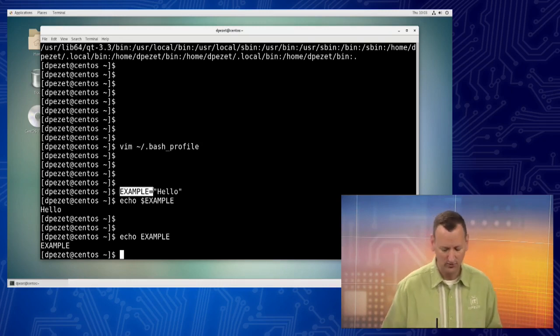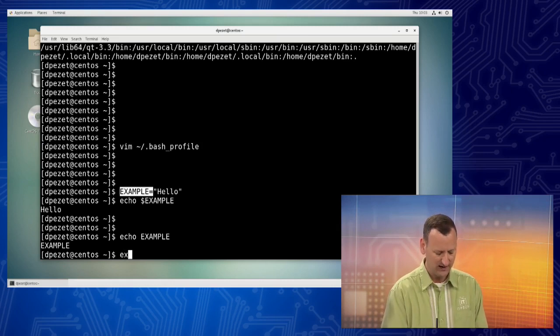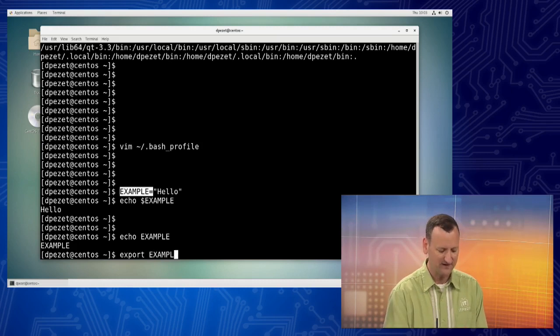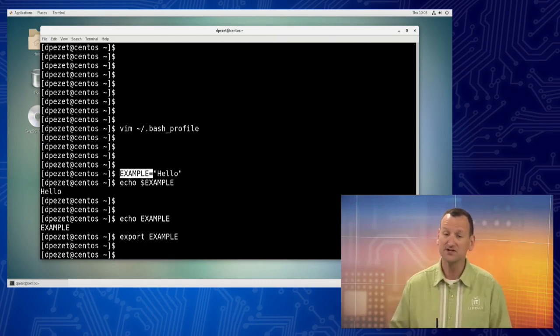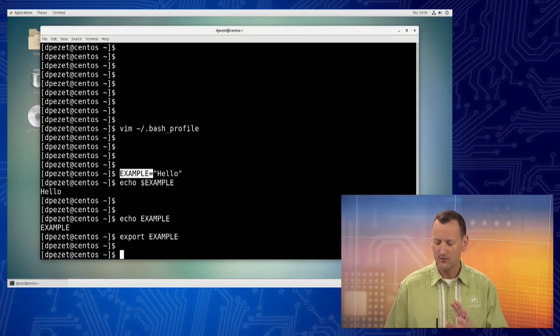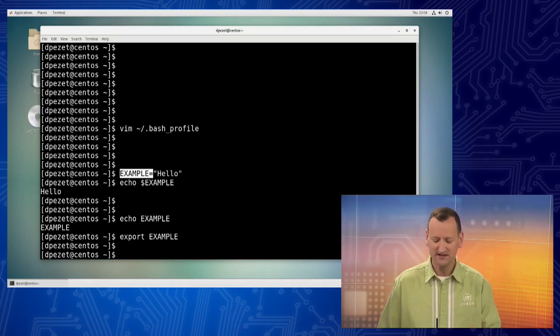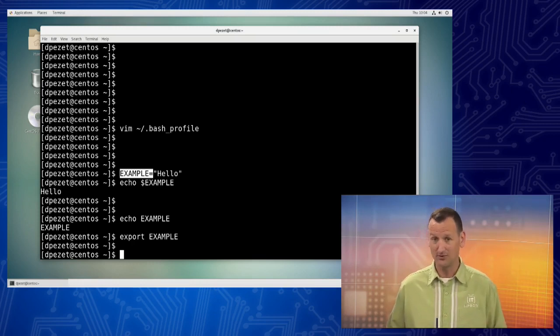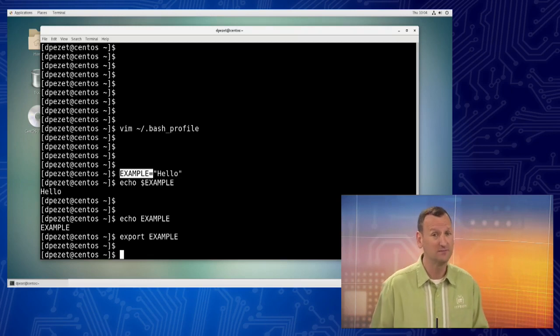And if you want to make a variable global, there's a few ways to do it. The export command is the most common way to do it. You would type export followed by the name of that variable, and that's going to convert it and make it global. Now it's available across my different shells or different applications as I spawn them. With a lot of variables, this is going to get set. It'll either be done this way, or there is another way to do it where you can cheat and just say make all of my variables global, right? On a workstation, that's probably fine. On a server, that's a really bad idea,